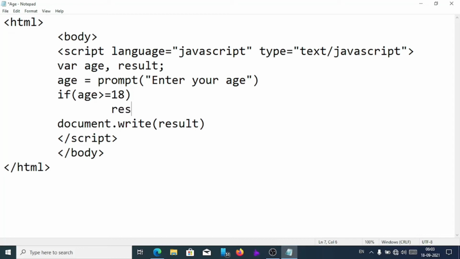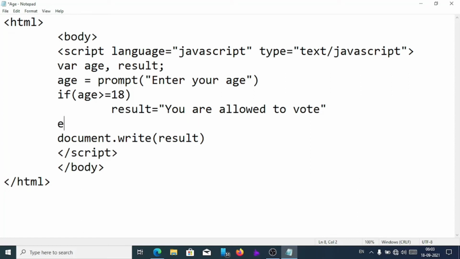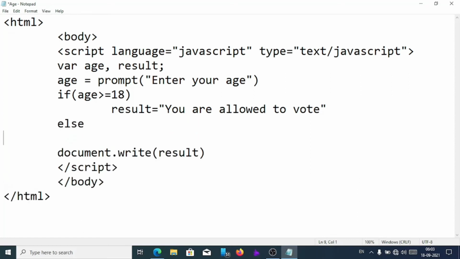Then I will put the result variable as you are allowed to vote, and again we'll write else statement here. Here in result variable we'll put you are minor.